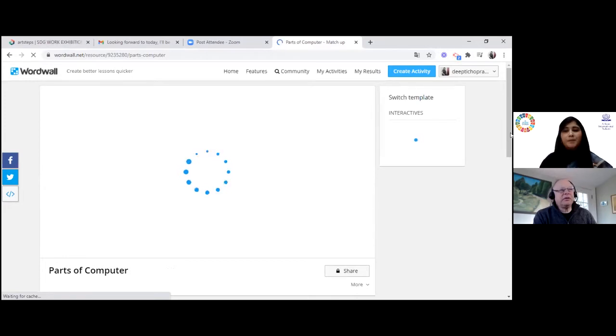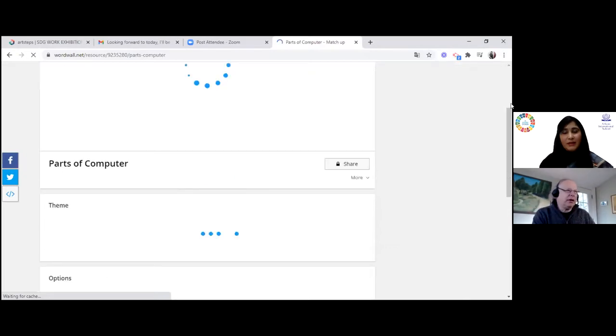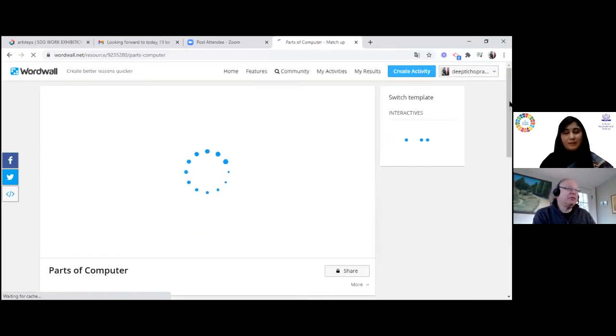And one of the things I noticed when you were creating is that it also has mathematical notation. So you could do formulas. Yes. You could do math formulas, or probably chemistry teachers can use formulas. Yes, they can use. So maybe you can show a picture of water, and the definition could be H2O, as an example.